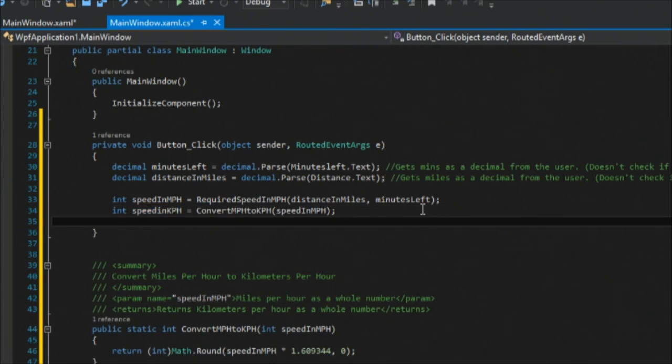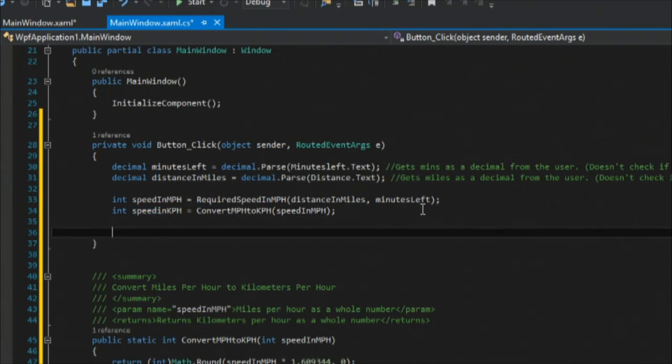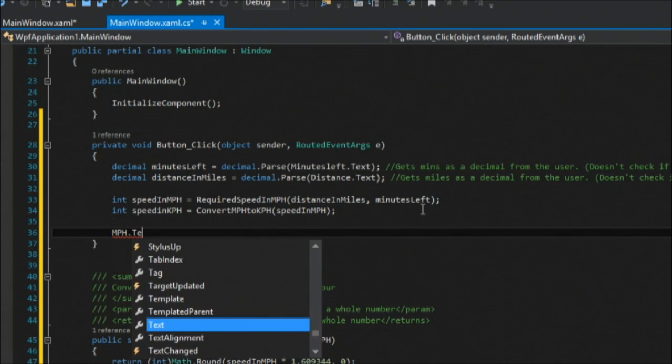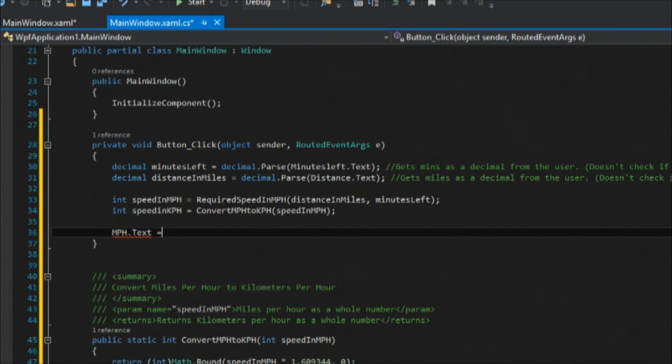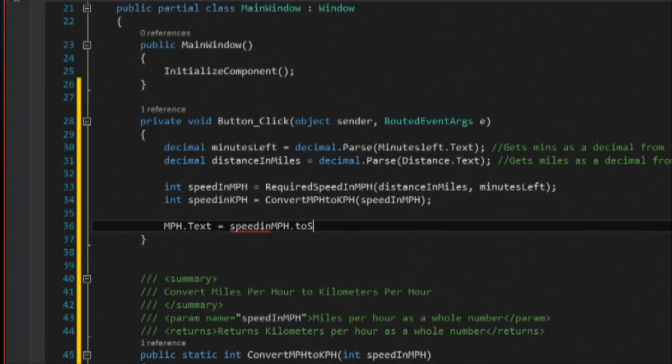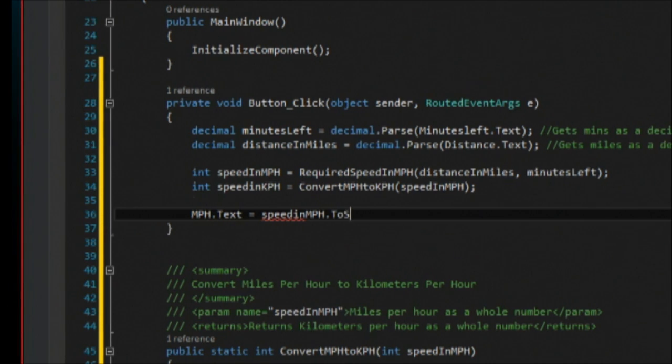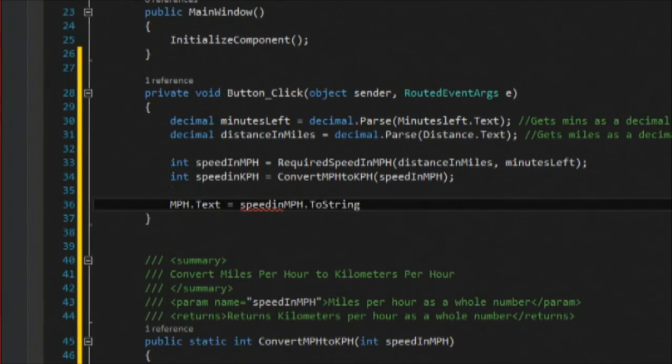But what I wanted to do is actually send it back over and display it on the screen. And so what I can do is here, I can do my miles per hour field, and I can set the text of that field, which is the same thing I did up above. I'm going to set that to the speed in miles per hour variable that I created here. And again, I have to convert it to text because right now it's a number. So I'm going to use a nifty little helper function called toString, which converts it to a string. And so now if I run this,